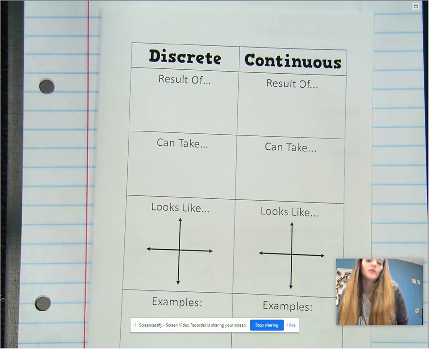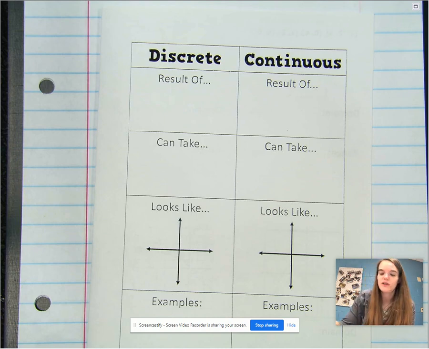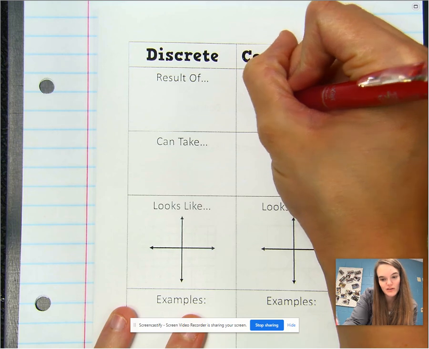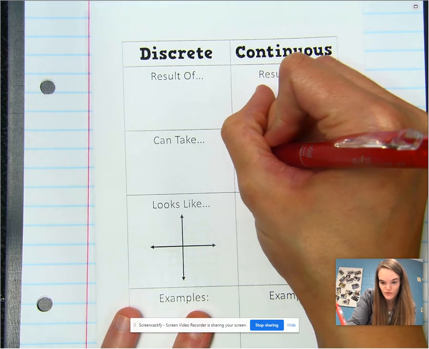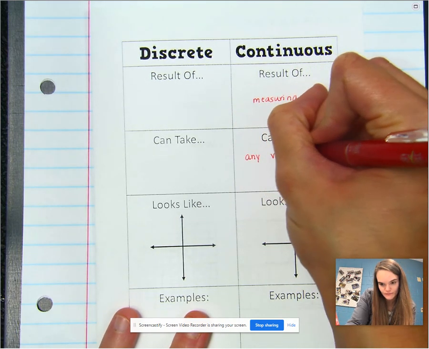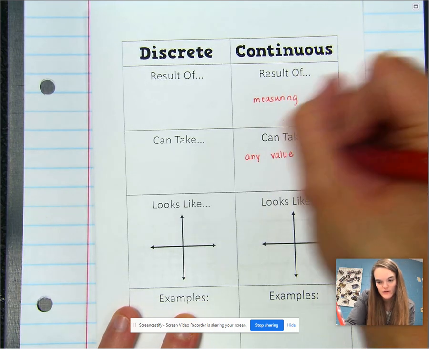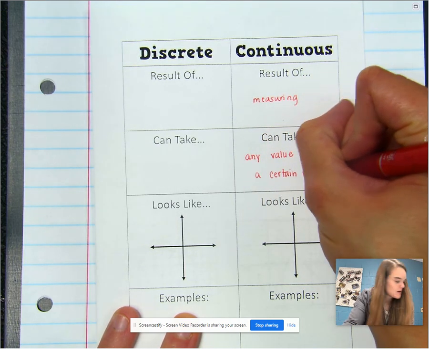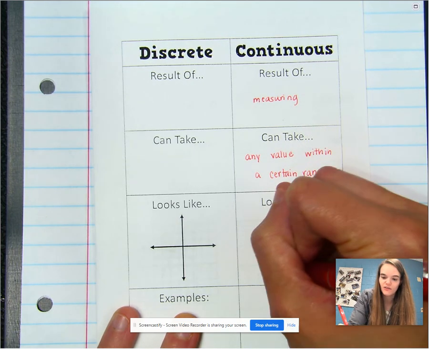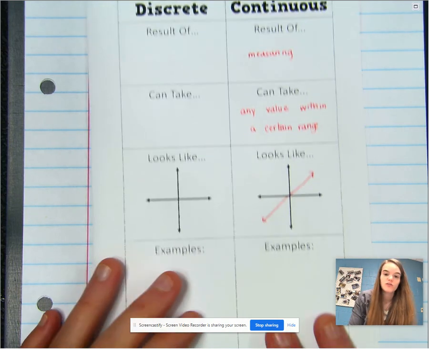We're going to talk about graphs and the differences between graphs that are continuous and discrete. And we had continuous graphs just a second ago. A continuous graph is usually the result of measuring, and I'm skipping to continuous first because we just saw those. It can take any value within a certain range. So we kind of just talked about that, like a line is a continuous graph. All of the three balls were continuous graphs. So some examples,